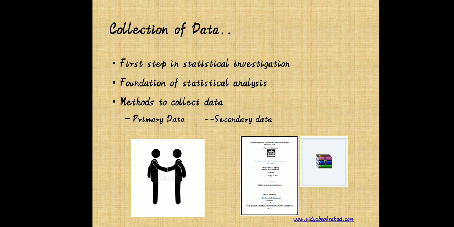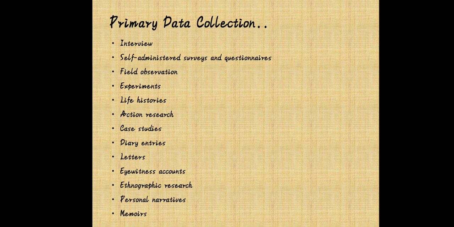As we see in this image, primary data means the data which we collect directly from the respondents, and secondary data is the data that has been collected from previously studied research work, like dissertations, books, some websites. These are the sources through which we can collect the data. Now we can go with the first, that is data collection sources.